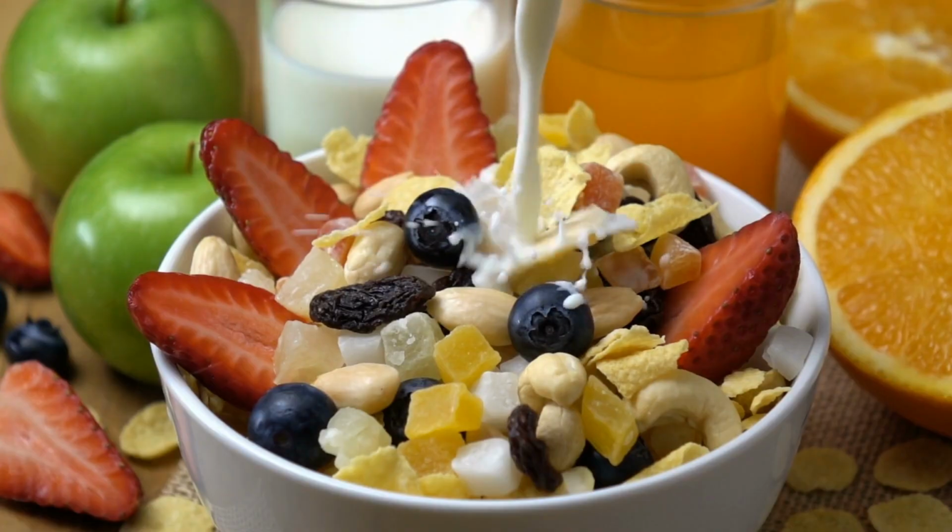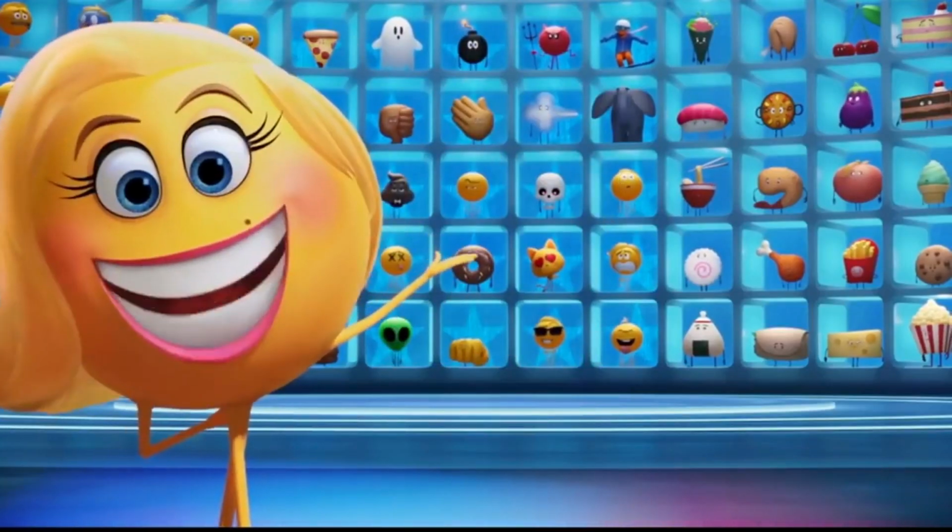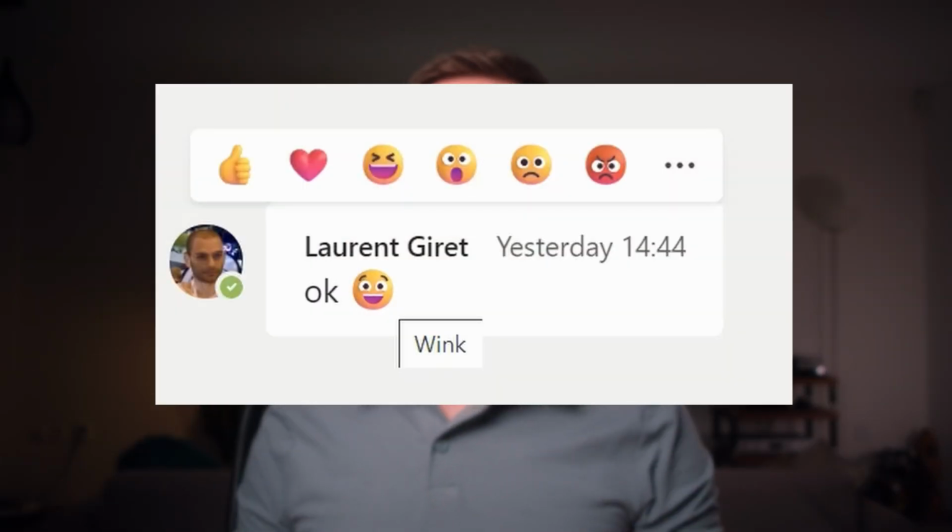Imagine you wake up one morning, have breakfast, go to sit down at your desk, and you're faced with this. Microsoft Teams' new demonic emojis. Well, that's what happened in July, but fortunately I've got some more sobering new Teams features to share with you